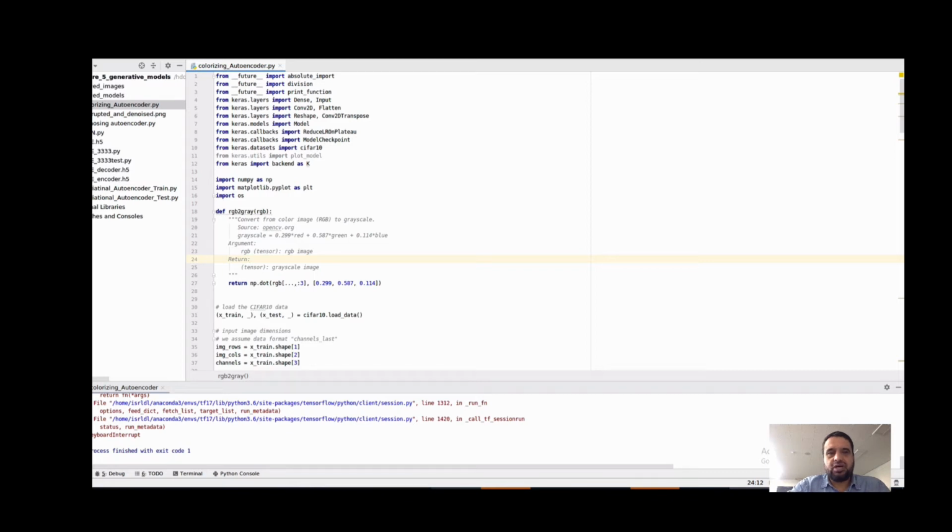Here I am going to show how the colorizing autoencoder works. Actually, colorizing autoencoder and denoising autoencoder are almost the same. This is kind of an application of a simple autoencoder. What the colorizing autoencoder does is take the grayscale image and